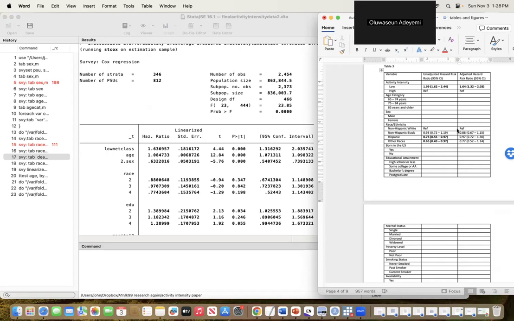So in the unadjusted model, these two variables were significant compared to non-Hispanic whites. Hispanic and other races were significant compared to non-Hispanic whites. But in the adjusted model, it is no longer significant. And for activity intensity, it was reduced, but still remained significant in the adjusted model. So we'll stop this video at this point, and we'll make additional videos to talk about different aspects of